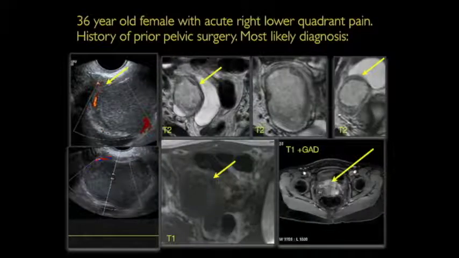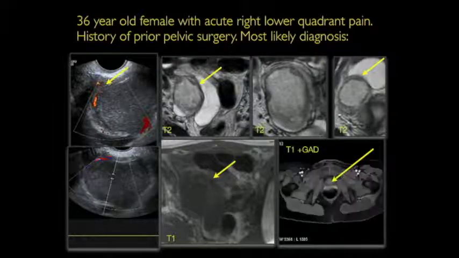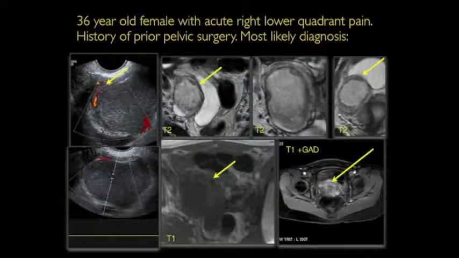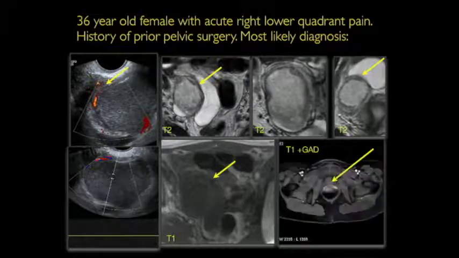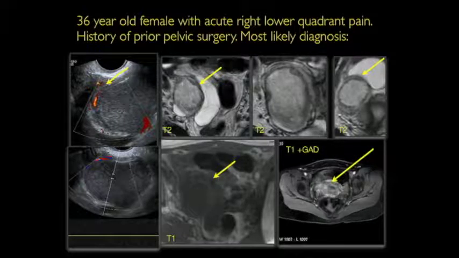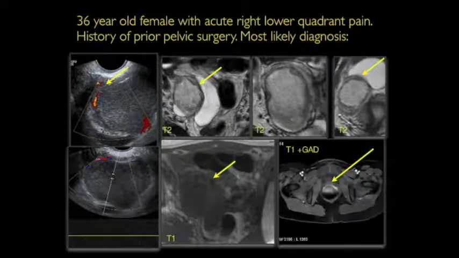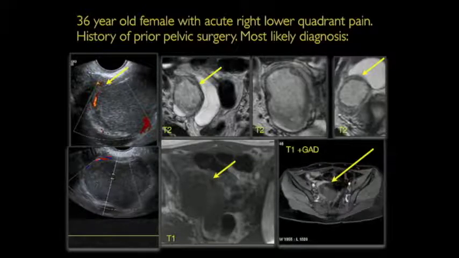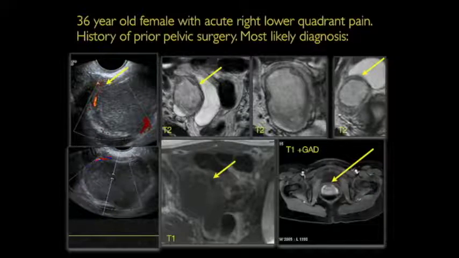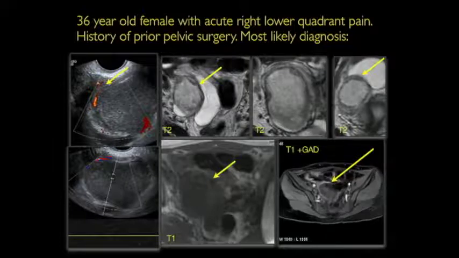Here is a pitfall case. We had a 36-year-old female with acute right lower quadrant pain with a history of prior pelvic surgeries. What is the most likely diagnosis when you're looking at those ultrasound findings? Does it look familiar to some of those lesions that I've shown you? You see flow in the periphery, that's the stretched ovarian parenchyma, internal low-level echoes, but it is an acute process. Endometrioma could perhaps be in the differential, but we're trying to figure out whether it's hemorrhagic cyst versus